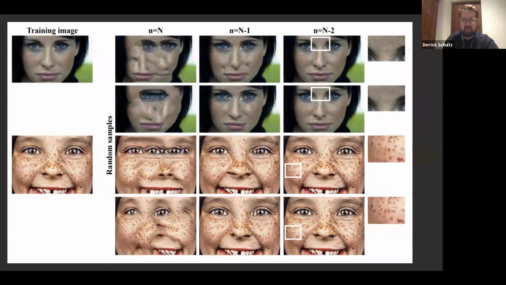Most papers have a section about what doesn't work, and those are my favorite things to look at. These are examples of images where they were like, oh, it failed. And I'm like, yes, this is what I want to do. Look at these faces and look at how weird they are. Once I talk about the model, you'll understand what these notations mean. Basically there's a setting that gets you really weird images, and a setting that gets you pretty realistic images. If you're an artist, you probably want to work in this range. If you're interested in reproducing brand new images or really good images, you probably want this range.